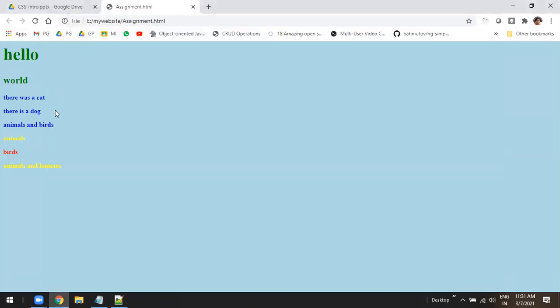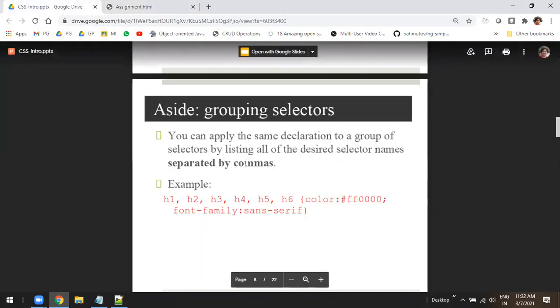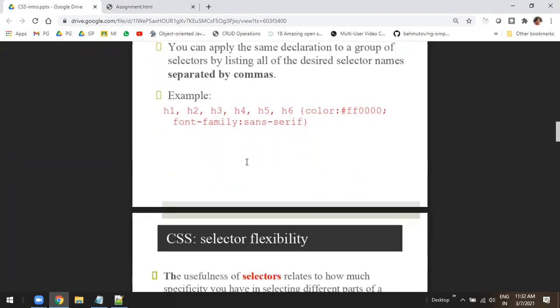Till now we have learned about inline styling, internal style sheet, and about class and id. We also saw how the selectors are grouped, isn't it? If we want the styles to be applied to more than one selector, then how to group it. Okay, so we'll go through